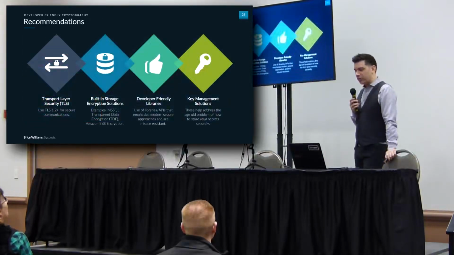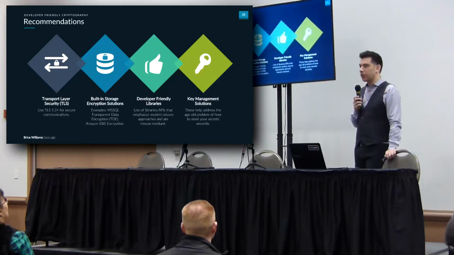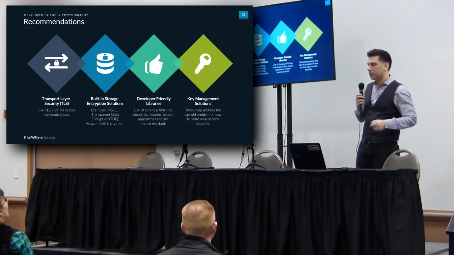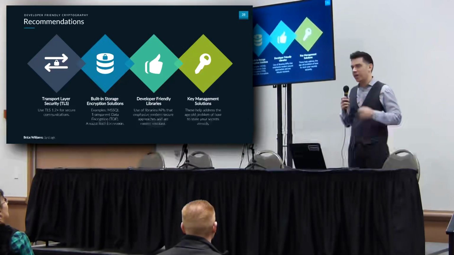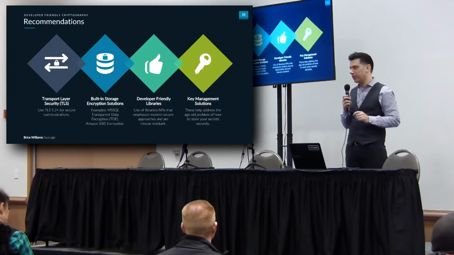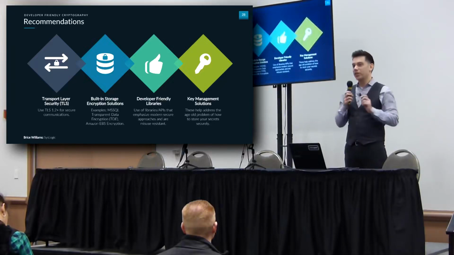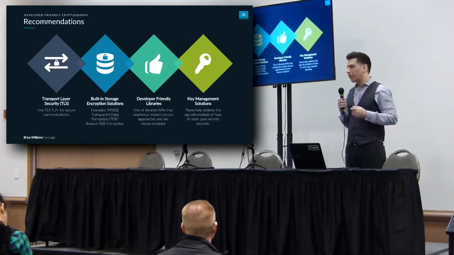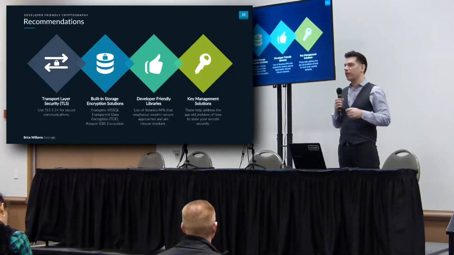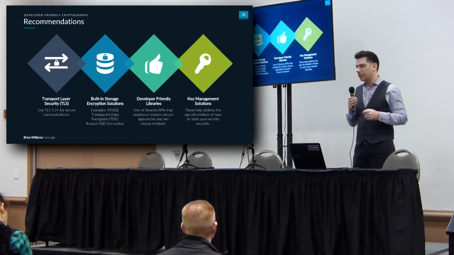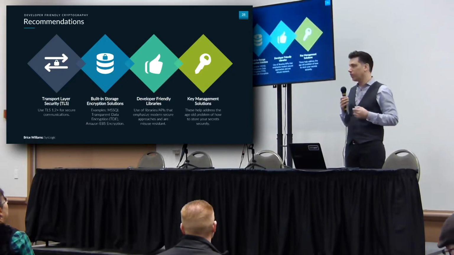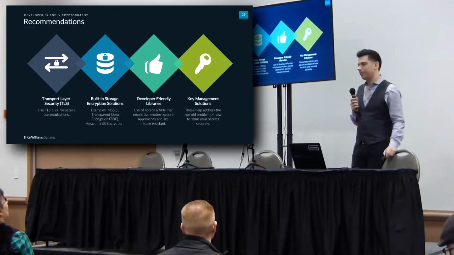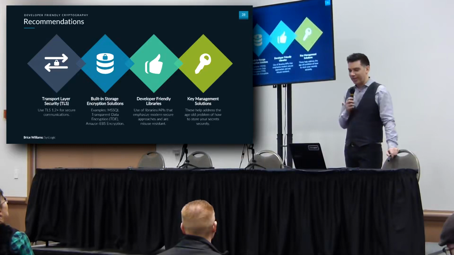So, high-level developer-friendly recommendations. Transport layer security. If we're reviewing code or someone comes to me and asks what kind of algorithms I should use for secure communications, I say, let's not talk algorithms. We're going to go nowhere with this. Someone's already done that work for you. Just use TLS, or essentially a robust communications protocol that already takes into consideration all the things that you don't need to worry about, and does so in a right, secure way.